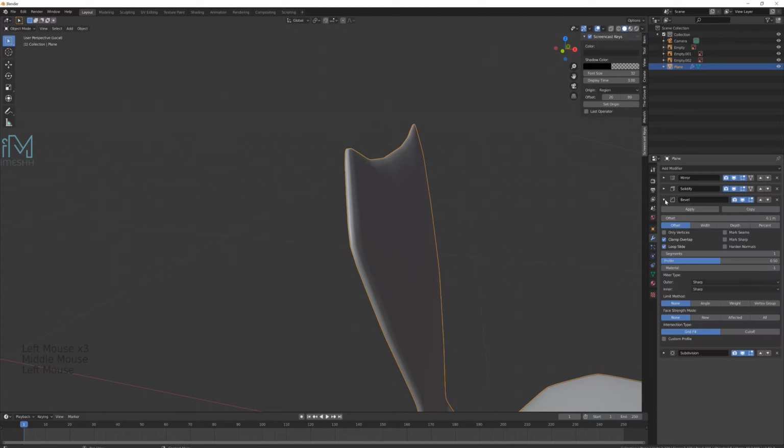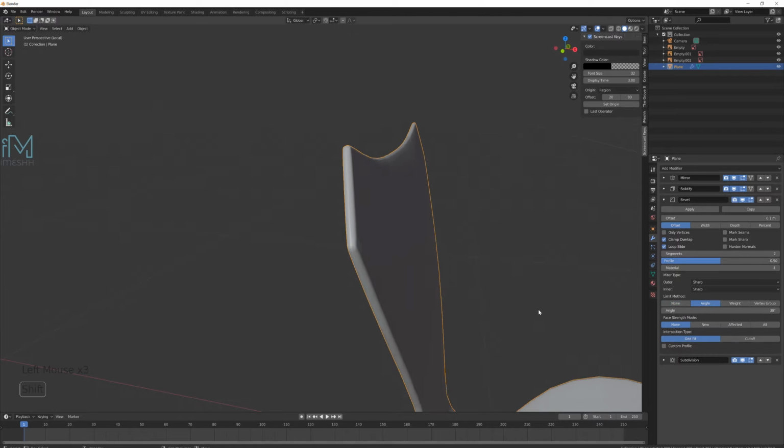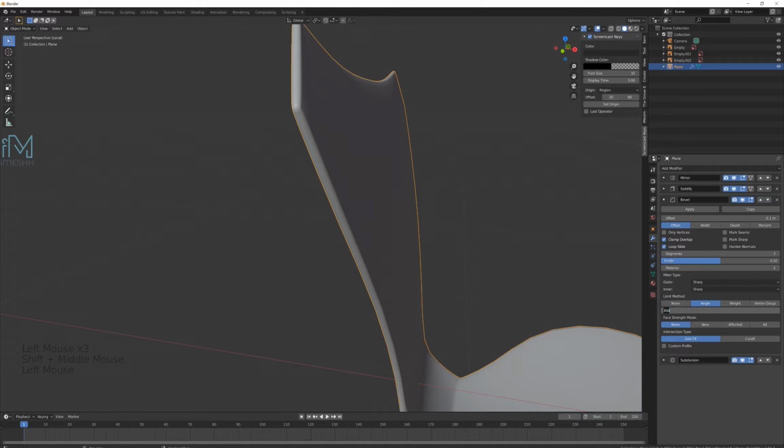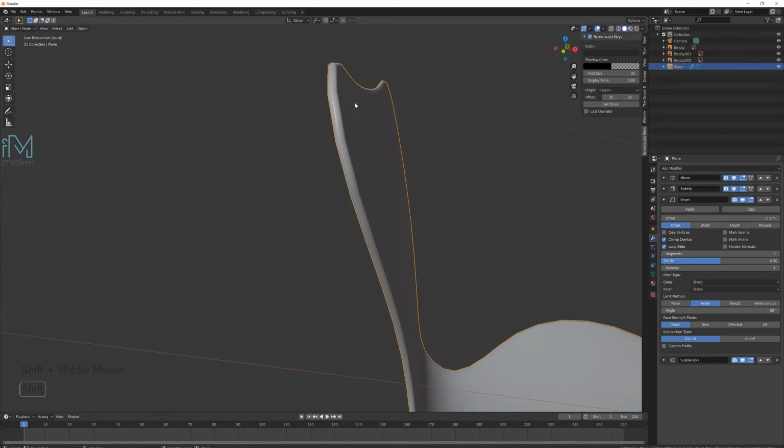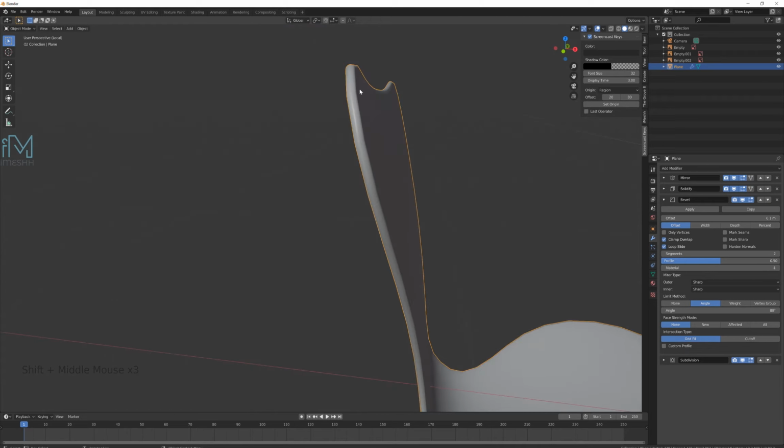There we go. And now if I just add a couple more segments and also click on angle and make sure that the angle is quite high, let's say 80, because we only want the angle to be affected at a place where it's almost 90 degrees. And the only place where that should happen on this chair is right at a corner. So now if I lower this offset, something quite low, 0.002,